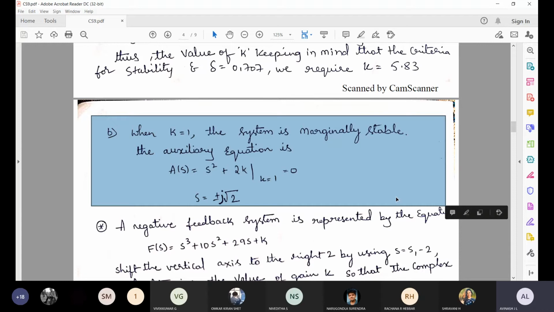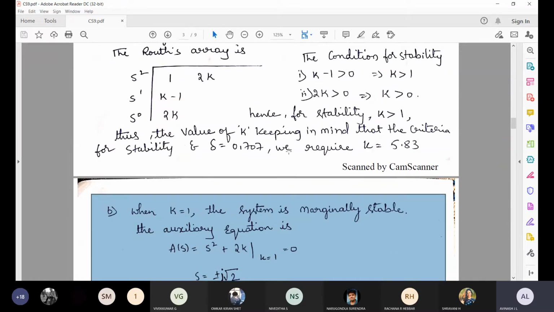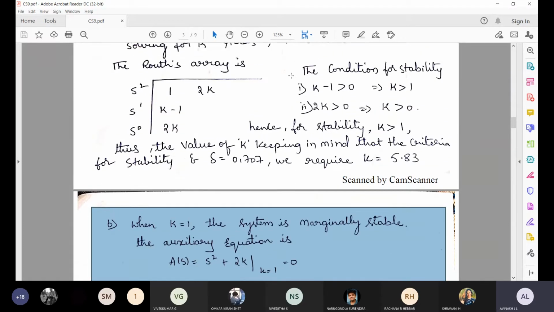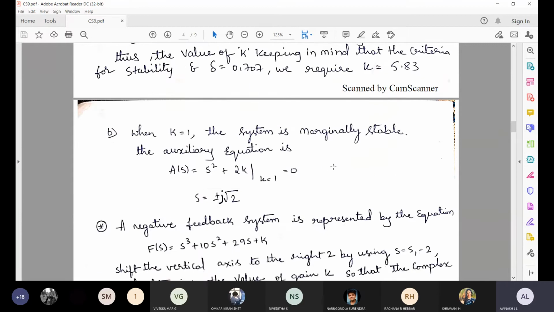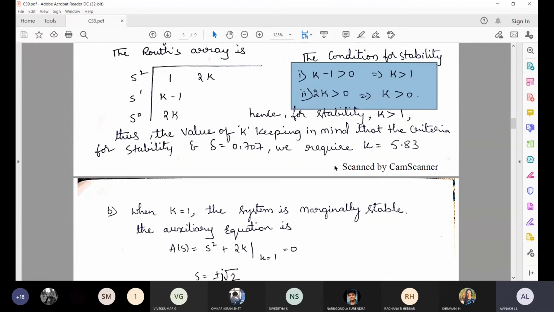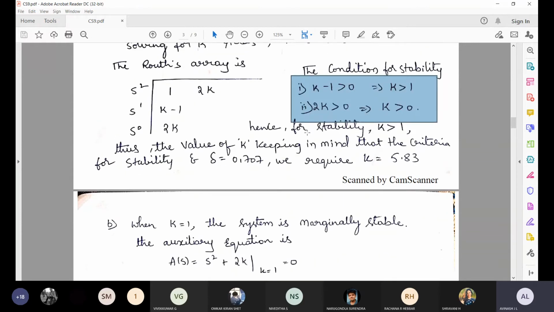Now here a question will come, sir, when k equal to 1 only, why is the system marginally stable? Why? Because you see, what is the condition of stability? Condition for stability is what? K must be greater than 1. So if k equal to 1, what? Conditionally stable. If it is less than 1, the system is not stable. That is exactly the meaning here. Okay, that is why we have to consider this. So when k equal to 1, okay, what is that particular thing?